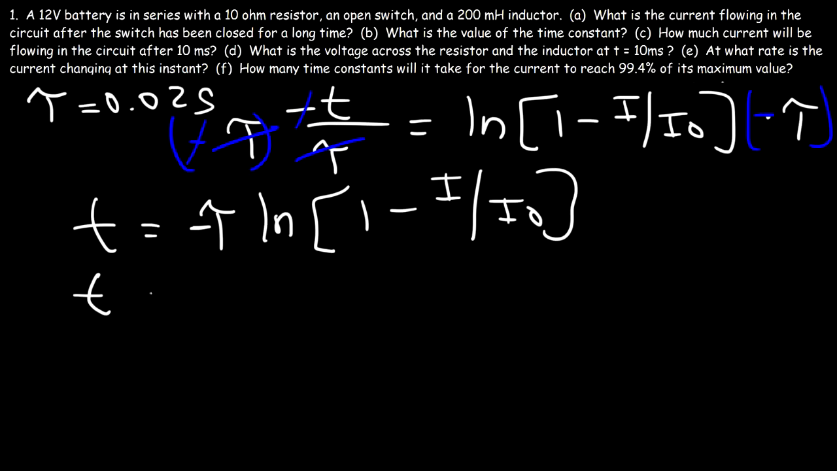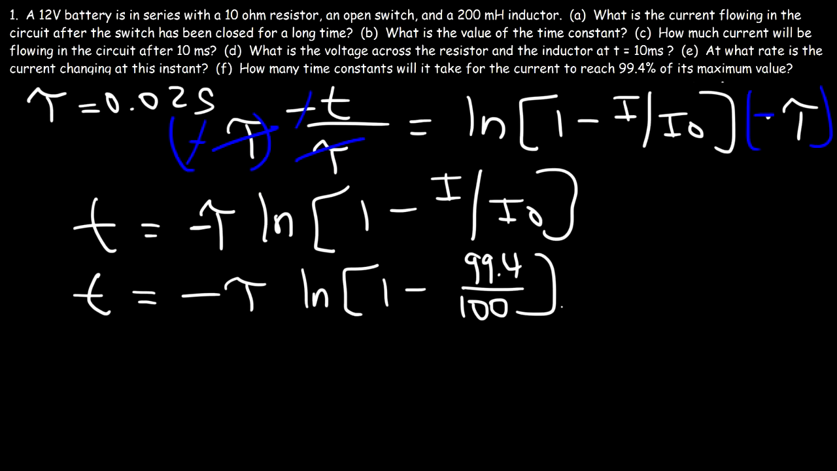So now let's finish it. I want to get the number of time constants, so I want to get t in terms of tau. So I'm not going to replace tau with 0.02 seconds right now. Now we want the current to reach 99.4% of its maximum value. The maximum value is 100%. So I'm just going to replace I0 with 100. And then I'm going to replace I with 99.4%, which is what we want to reach. So 99.4 divided by 100 is 0.994. So ln(1 minus 0.994)